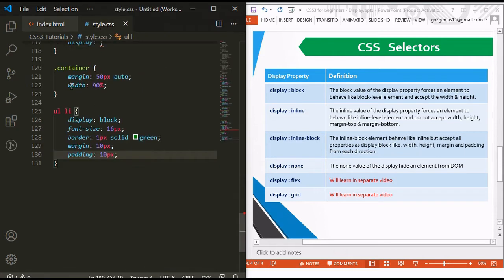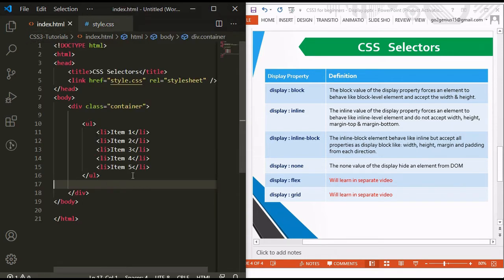So we can see here this is our container class with margin 50 pixel and auto, and width 90%. And for the UL li I have given display block and some other properties like font size, border, margin and padding. Here we have seen the display block property accepts the width, height, margin and padding.